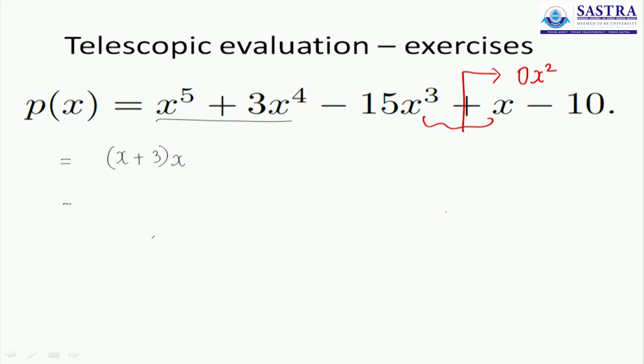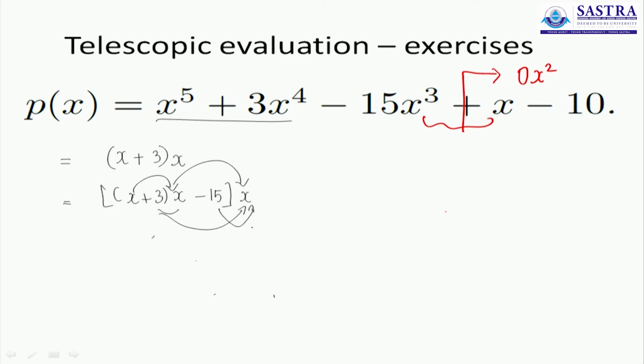So to accommodate the x cube, I'll proceed with my next step. I'll look for the coefficient of x cube, which is actually 15. So we'll subtract that since it is a minus 15, and I'll have this multiplied by an x. So you have x plus 3, x minus 15, and you have an x outside. Now if you have a look at what's happening, x and x and x will give you x cube, 3x and x will give you 3x square, 15 will give you 15x. That's not what we have. We have to account for a 0x square and a 1x.